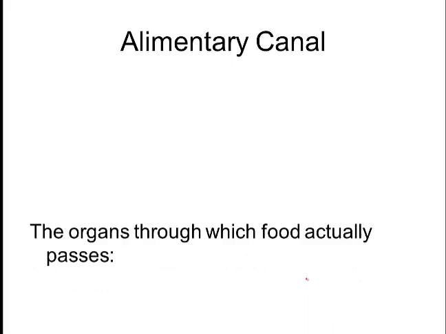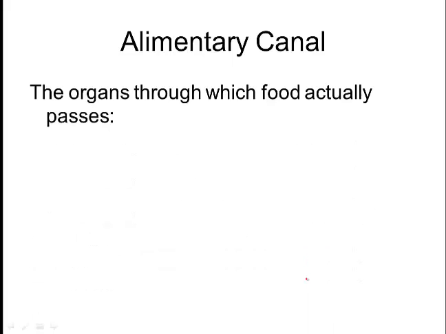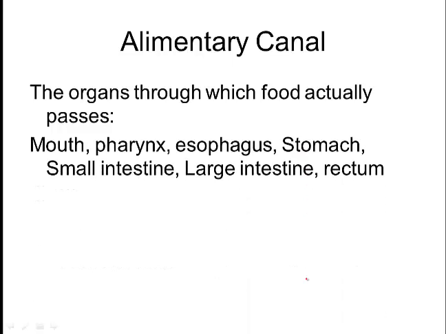Alright, so the alimentary canal is basically all of the organs through which food passes. So there's several organs that are involved with digestion, but food only passes through some of them. Some of the organs food never passes through, but they're just as essential. So when you take a bite of food, think about where it goes. It goes in your mouth, goes down your pharynx, which is also known as your throat, down your esophagus to your stomach, and then it heads on to the